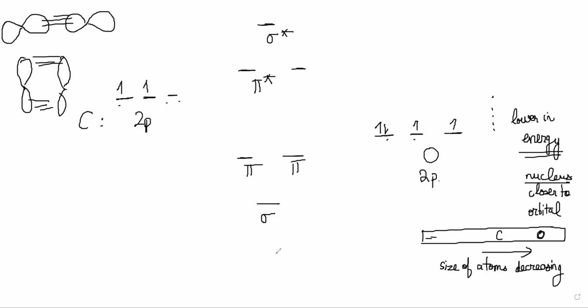Now I will start filling it up. So I have 1, 2, 3, 4, 5, 6 electrons. So I'll put them like this. Actually, this is not going to be the case because the carbon already used some things to form